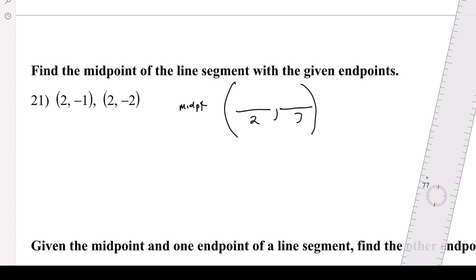It's when you take the average of the x's and the y's. So you add the x's together, divide by 2. Add the y's together, divide by 2. So the midpoint is